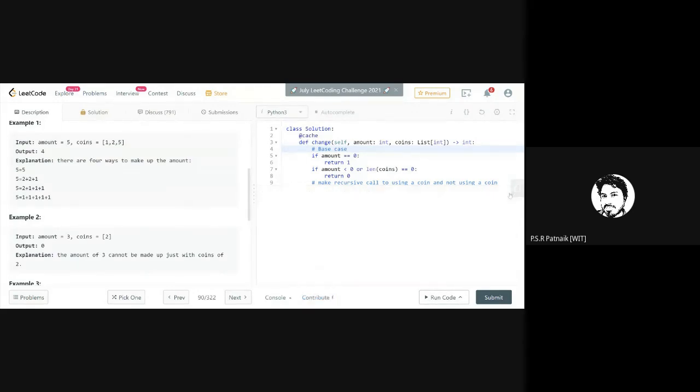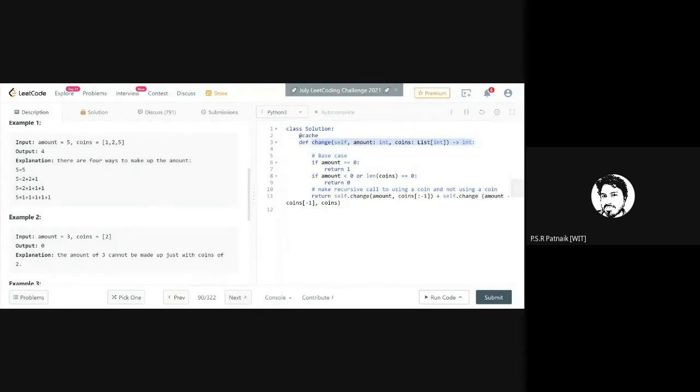What is the solution? Do you recommend that we remove this and start implementing our own memoization logic? You can, but there is a small workaround to do this. What we do is we write something called a wrapper function. A wrapper function is nothing but a function defined within a function, right? Obviously I cannot change this, because if I change this, the LeetCode problem submission will not run. I cannot change this at all.